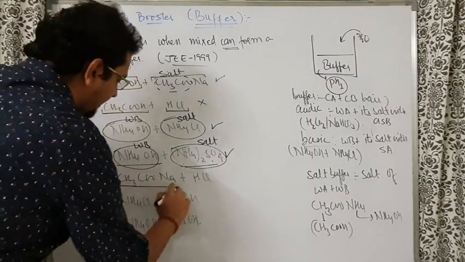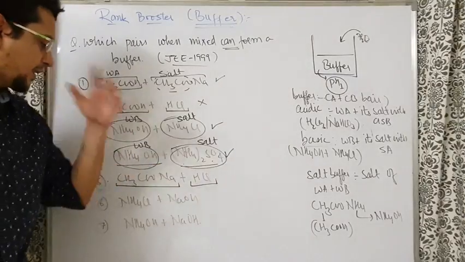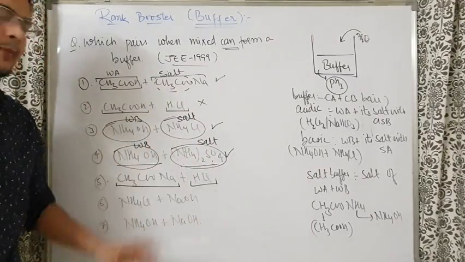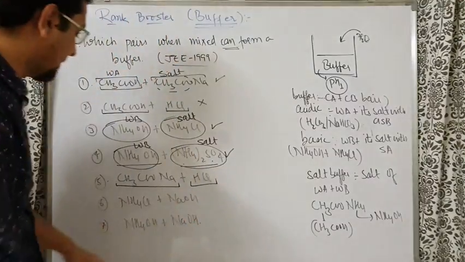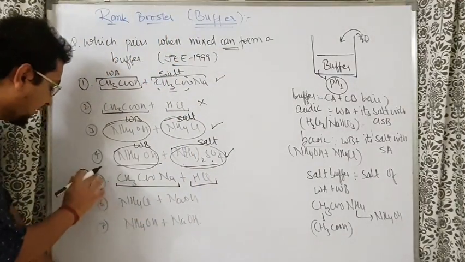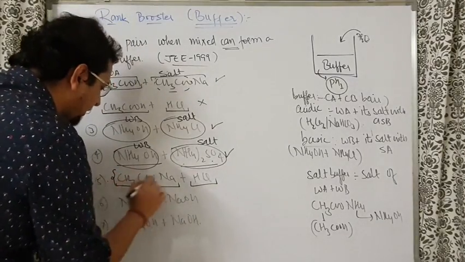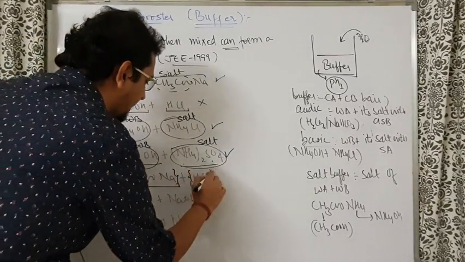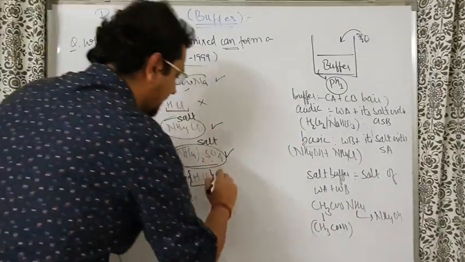Again, CH3COONa and HCl, if you see, so sir, you have just now said if HCl is there in the mixture, it can never form a buffer. Nahi yaar. This is where the interesting part comes. Many people do this wrong, sir it is not a buffer, whereas if you see clearly, let us see what will happen. CH3COONa and HCl bhai sahab, they might react with each other. They will react with each other.